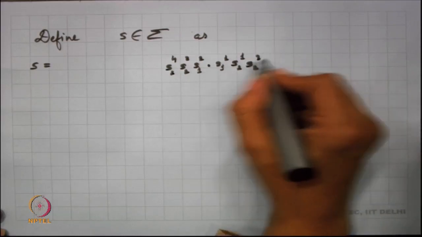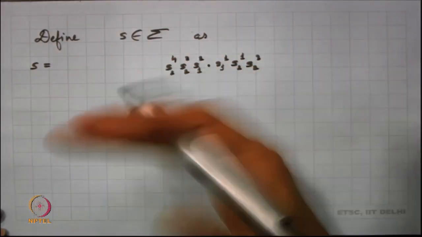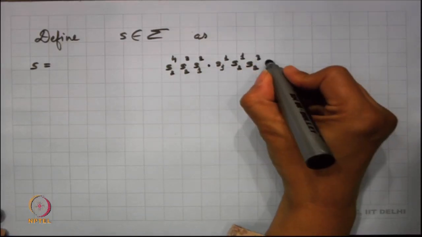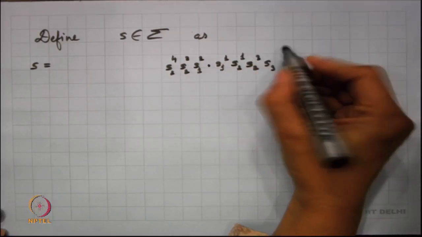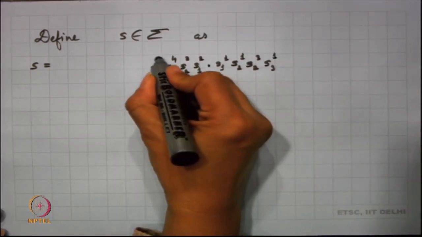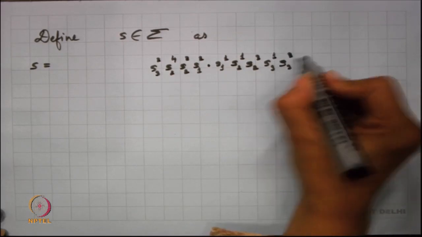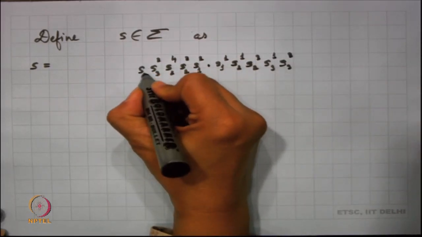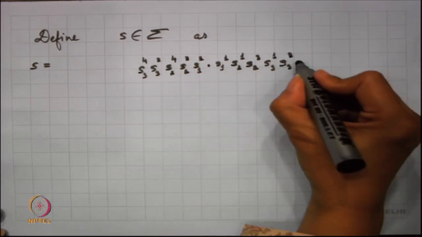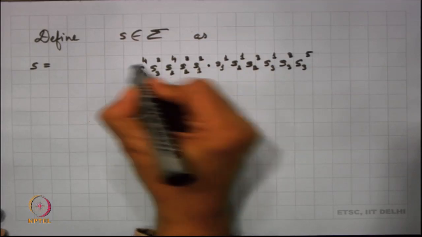Then, because I have exhausted all my sequences of length 2, I am now going on to sequences of length 3. So, we have S_31, S_32, S_33, S_34 here. Similarly, S_35 will be here and